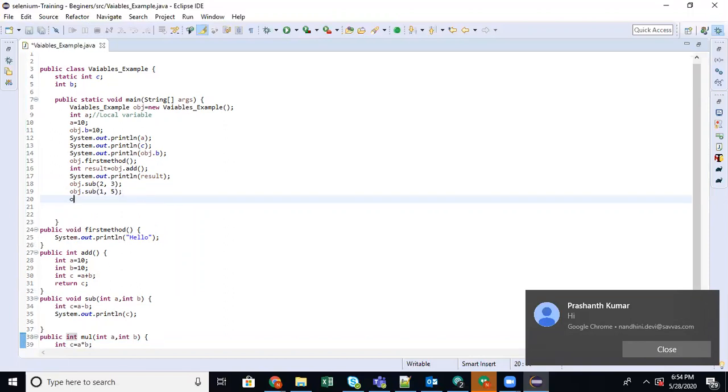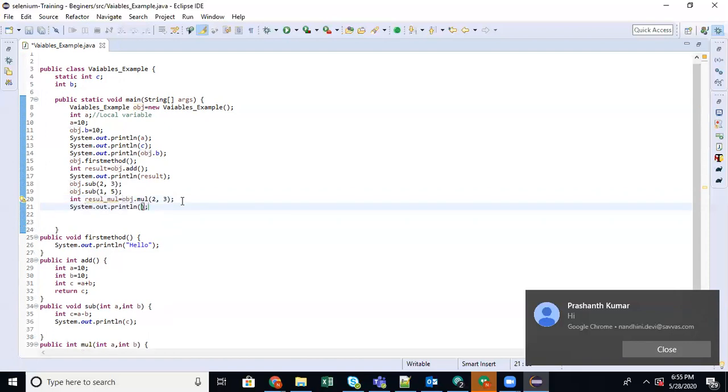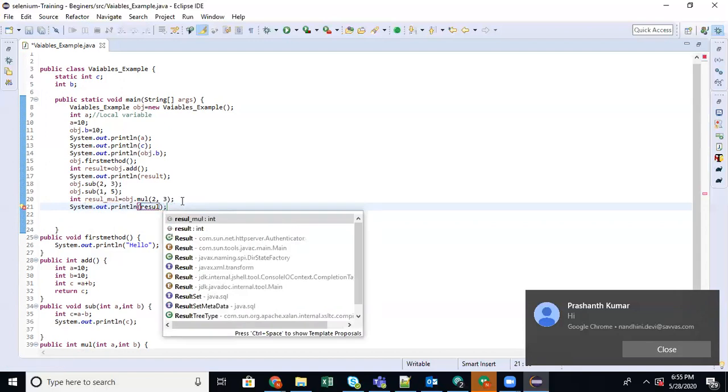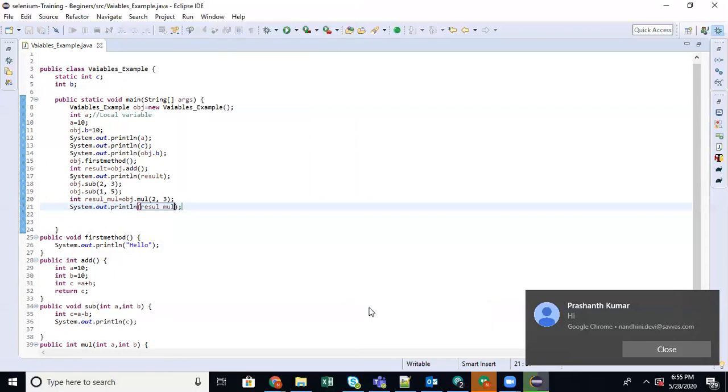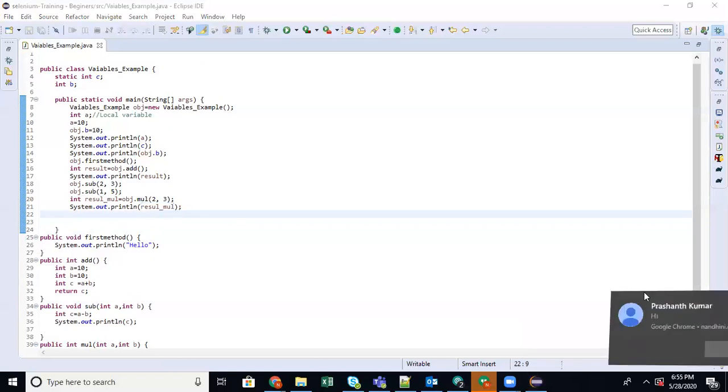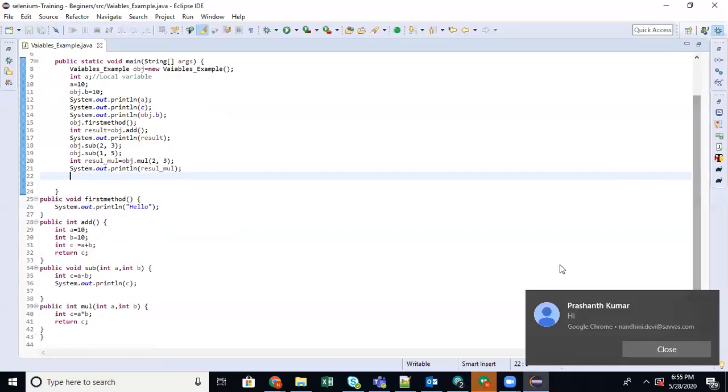So how will I call it? Using this object, a method, and give some numbers. It's mandatory to give the numbers. If you want the result to be saved, then the result can be saved in a storage box and you can print it for yourself. So this is very simple. Have any doubt? No. Continue.